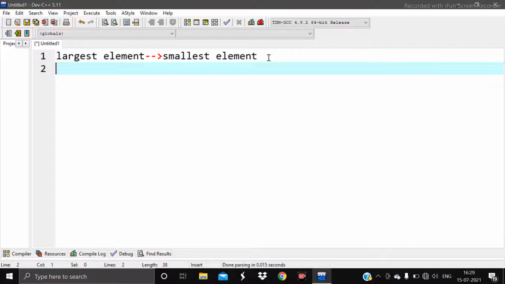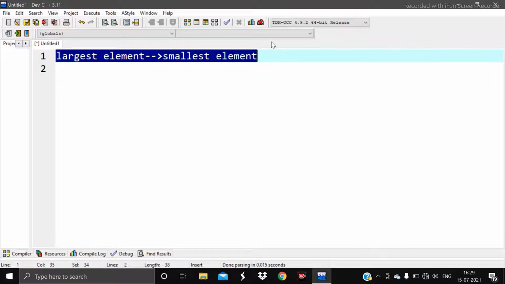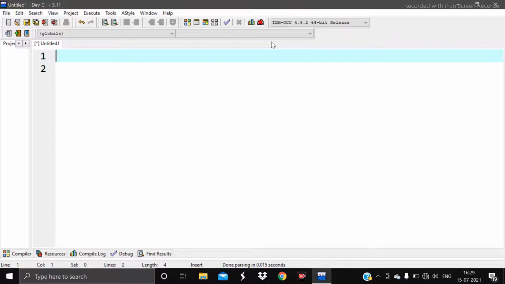Similar to that, the largest element can be found, but I know some of you may have doubts, so I will write the program too, and I will clear all the concepts regarding that. So let's start with the first question, that is to find the largest element in the array.